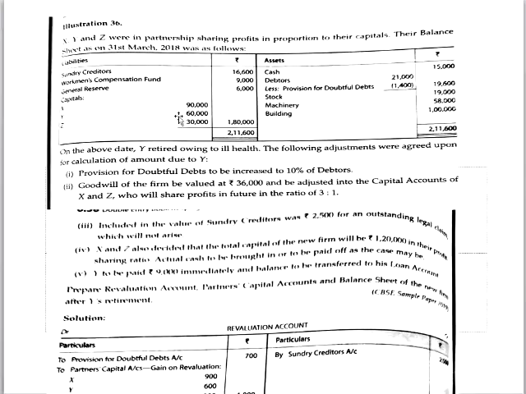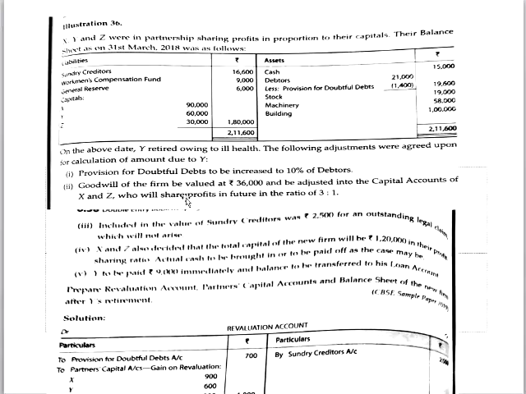1:2:3 means 3:2:1. So this way also, if it is written that their profit sharing ratio is on the basis of their capital, then on the basis of their capital you just find out the ratio, that is 3:2:1. And on the above date, Y retired, and the reason is also specified, because of ill health, and the following adjustments are done. See, 5 adjustments are given.